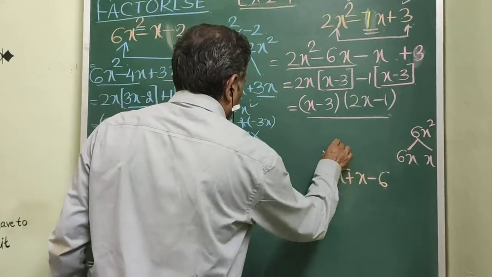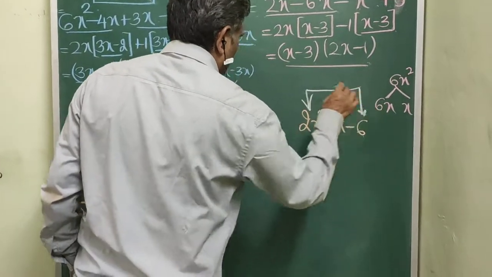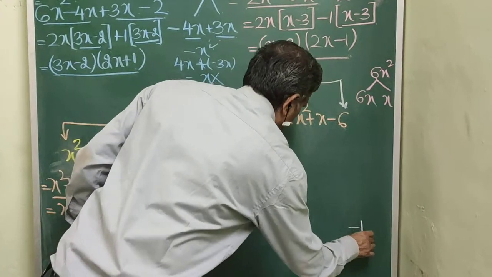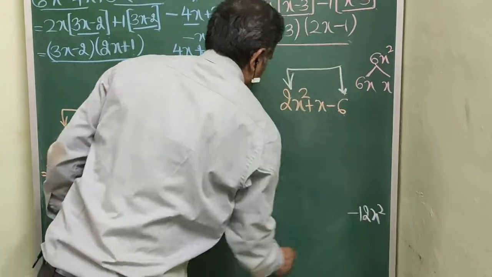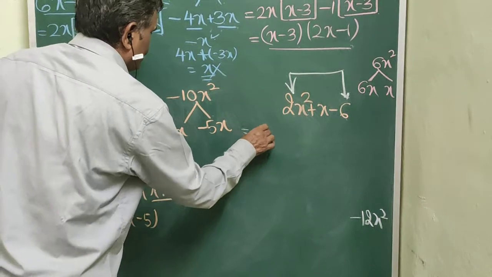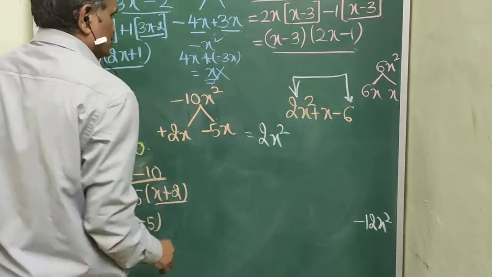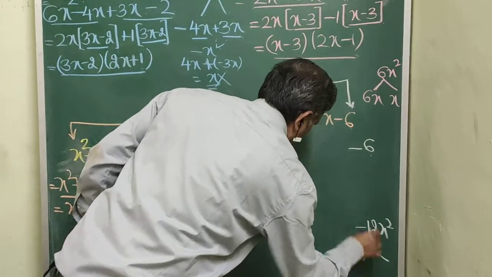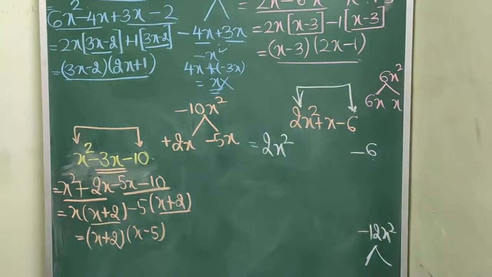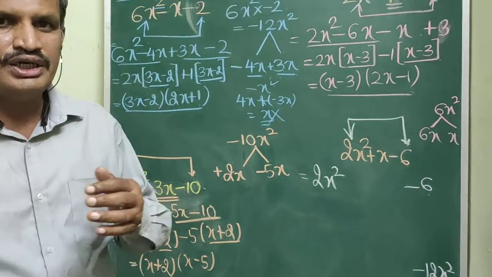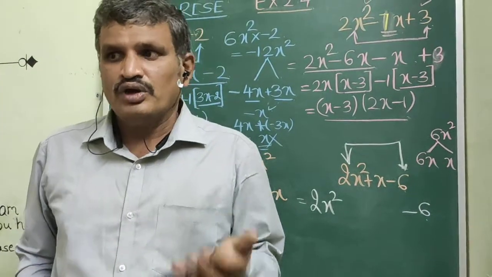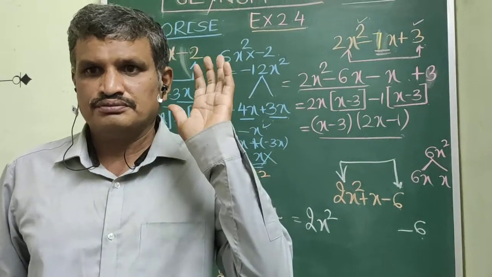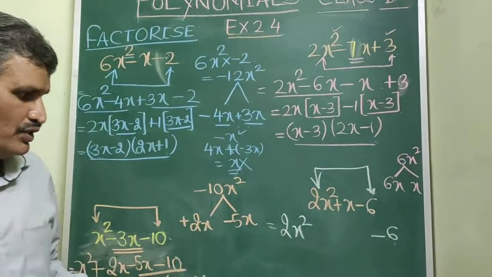Now here again, if I multiply the quadratic polynomial, let us see what we get. 2x squared into minus 6 is minus 12x squared. So again the same step I am repeating. I will write here 2x squared as it is, minus 6 as it is, and then again I have to search for all the factors of 12. Let me start with 1. 1 into 12 is 12. 12 plus 1 is 13. 12 minus 1 is 11. It's of no use.